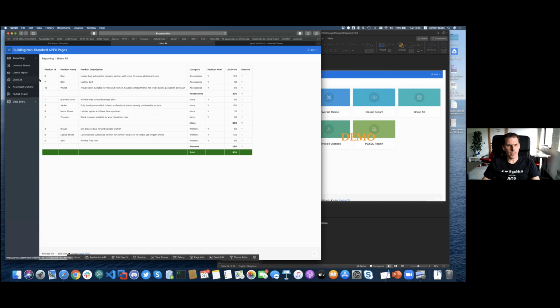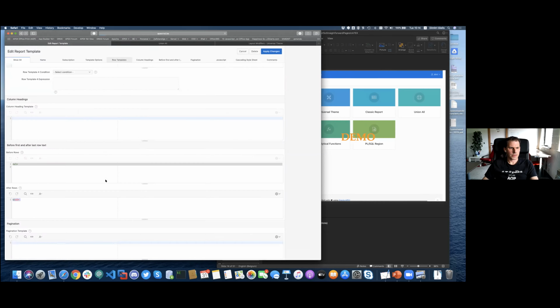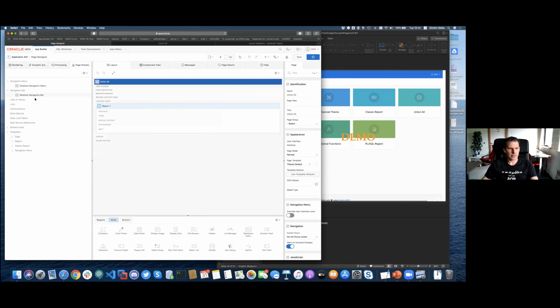The next one here, I'm going to group by category, and I have a total. If I take those three and add them up, I have 205. So how can I do that? A very simple way would be to do a union. I have a union for every category, and then I have a union for the total. So if I look at the code behind this,